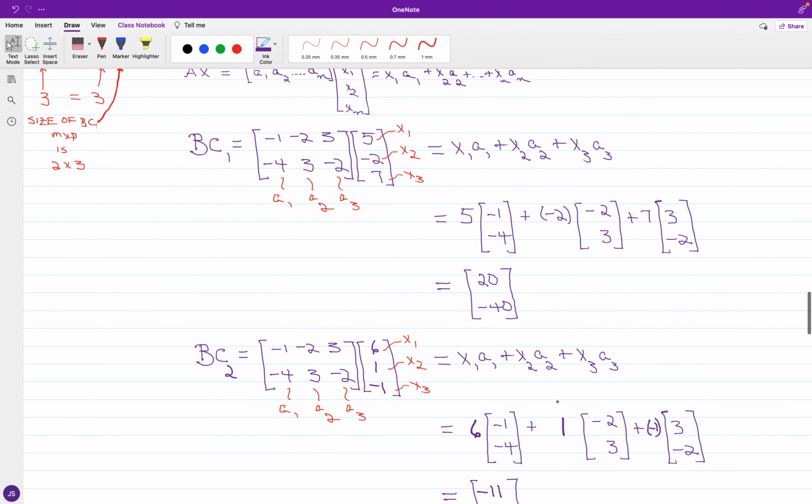Again, the product is a 2 by 3 matrix. A, again, we have a 3 by 2, and guess what? We have N to be 3 in both matrices, and the dimensions of the product will be 2 by 2. And looking at what we have, okay, if I take the product BC and take the first column from A,